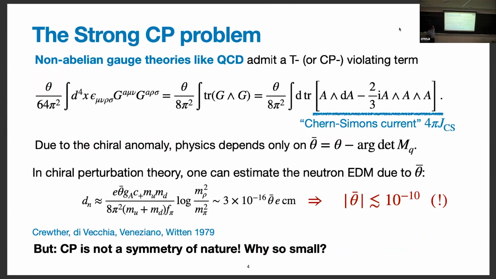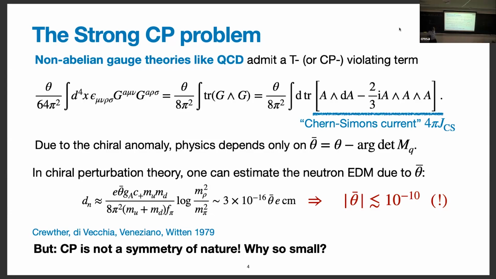Probably most of you have heard about axions before, but just in case. There's something called the strong CP problem, which was the origin of the original motivation of axions. Theories like QCD admit a term that violates time reversal symmetry or CP symmetry, an anti-symmetric contraction of gluon field strengths. And it has some very interesting properties. It's a topological term. This integral of trace G wedge G over a closed manifold is a topological invariant of the gauge field configuration. It's locally a derivative of something called a Chern-Simons current. And so the effects are very subtle, because it's locally a derivative of something. It has no effect on local equations of motion, but it has interesting